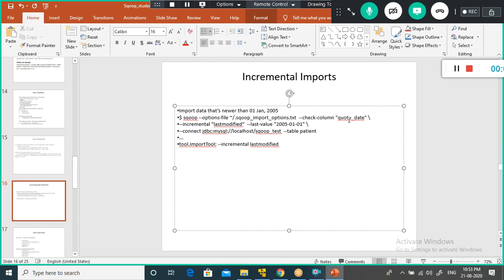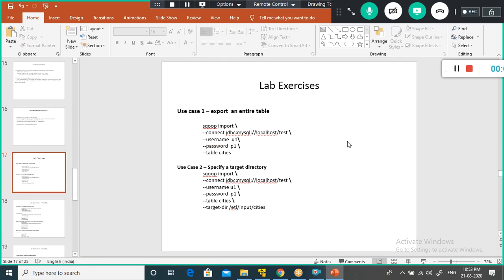That's what the check column is. In the check column, you read the dates that are already there: yesterday's date, the day before yesterday, and today's date. The last 3 days of data I already imported. Why the hell should I import them once again along with today's date? So in the code date column, I specify the last value, when was the last time we imported the data. After this, it will import the data incrementally.